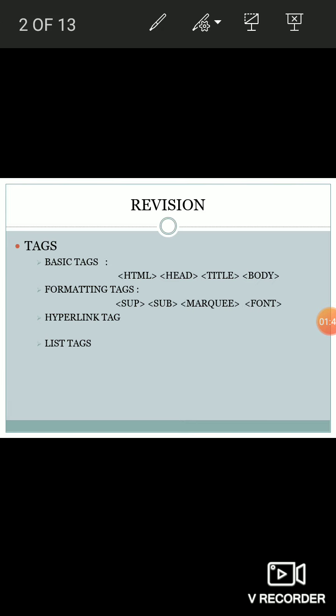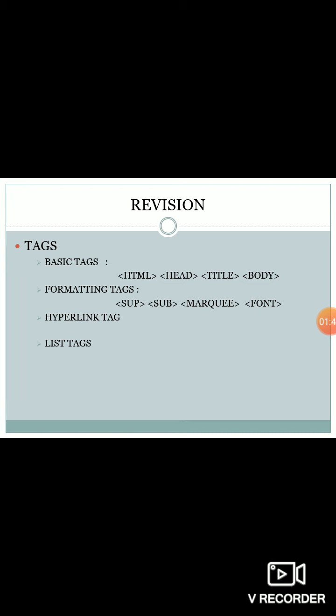After that we can use one hyperlink tag. Hyperlink is nothing but whenever I want to create a connection between two different web pages, or we can simply say whenever we want to travel from one page to another page, that time we use the concept of hyperlink. And to create that hyperlink we used a, that is nothing but the anchor tag with the attribute as href. href stands for hypertext reference.